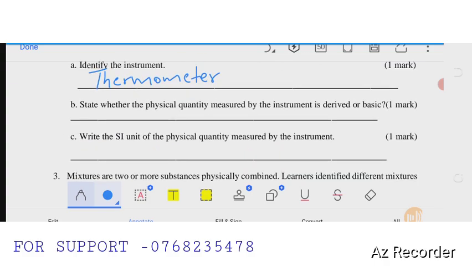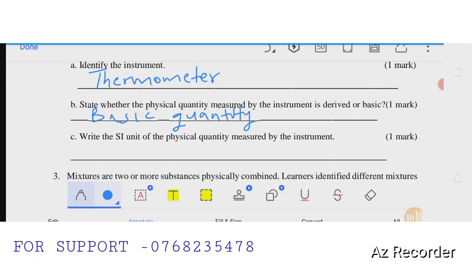The next question, state whether the quantity measured by the instrument is derived or basic. So there are 2 types of quantity. We have derived quantities, which can be gotten from other quantities, and basic quantities, which cannot be gotten from any other quantities, because they are agreed upon quantities by the International System of Units. So thermometer measures temperature, which is a basic quantity. So I'll just write basic quantity